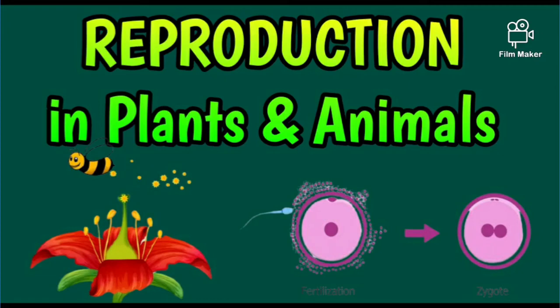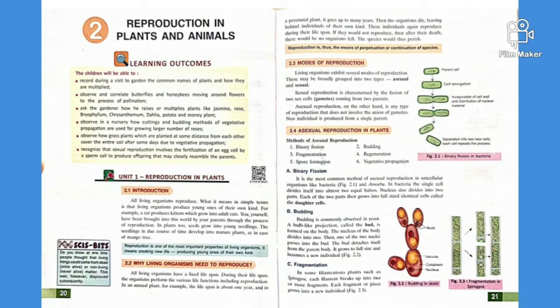Reproduction in plants and animals. Reproduction. Reproduction is the essential function of living organisms, that is, plants, animals, and unicellular organisms, for the continuity of